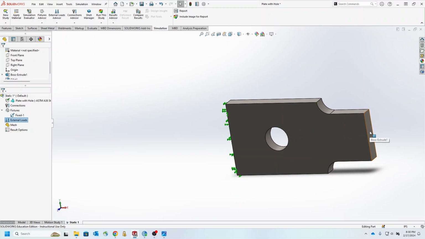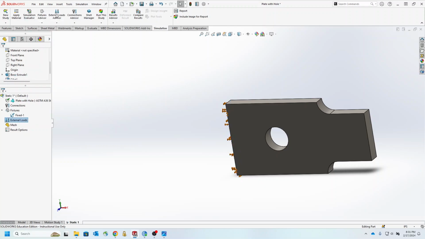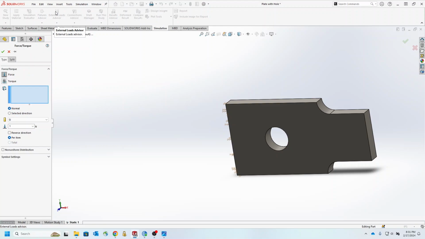So in order to do that, I have to right click on external load and select force, or you could pick it from this top menu. And then it would ask what type of force that is. Is it a linear force, or is it torque? It is a force, and the area of application, and you see that for every face that you pick, SolidWorks has some preview of the direction of the force that we applied. So I would like to do this force, and